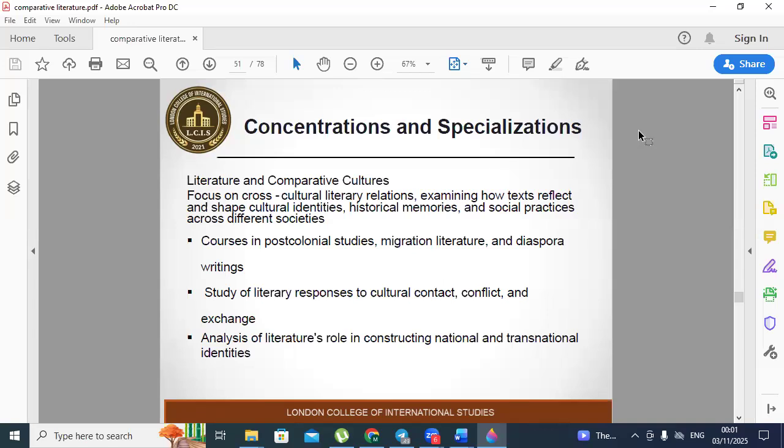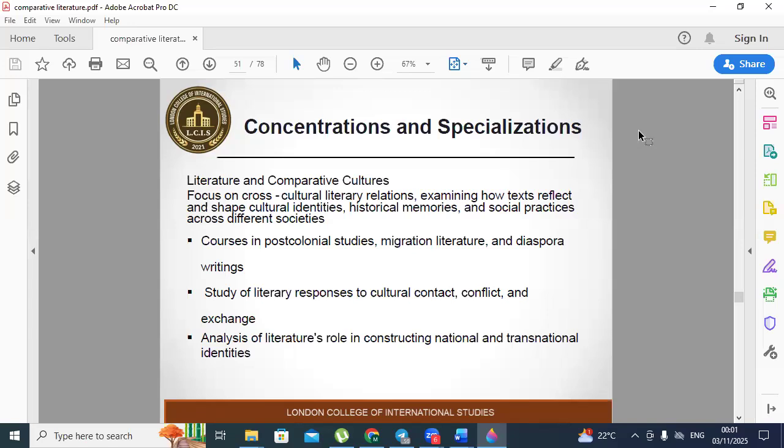So this slide describes a very common and central concentration, literature and comparative cultures. This focus is all about examining how texts reflect and shape big concepts like cultural identities, historical memories, and social practices across different societies.